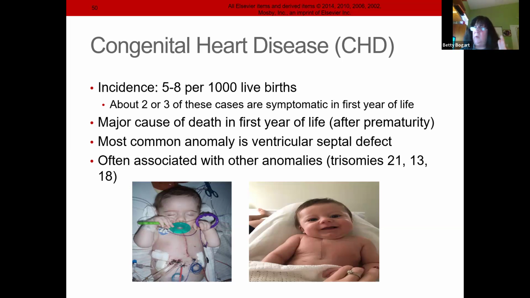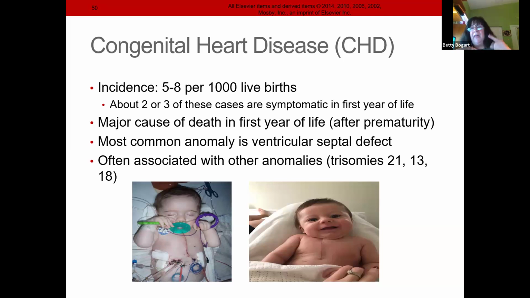Now, do you know what a ventricular septal defect is? We have 2 ventricles. We have a right and a left side. And there's a piece of tissue in between. That's called a septum or a septal. And there's a hole in it, which means blood is flowing from the left side back to the right side. And whenever you have a hole between that, it will always go from the big flow of the left side back into the right side.